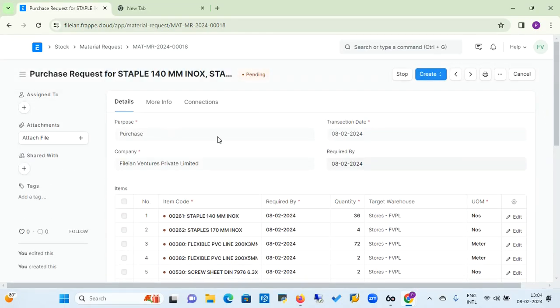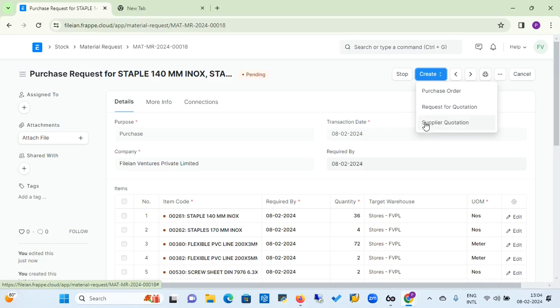From this material request I can directly generate my purchase order, a supplier quotation, or a request for quotation. If my supplier is fixed, I directly generate a purchase order, or if my supplier is not fixed, then I will prepare the RFQ, or request for quotation, and from that request for quotation I generate